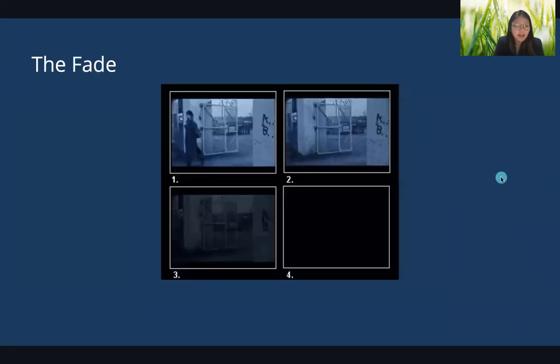And last, the fade. This is also how the name describes it. There are two types of fade, the fade in and the fade out. But both do the same by transitioning using a blank space. The fade in is when a blank space then fades to the real opacity of the next shot. On the other hand, the fade out turns down the opacity of the first shot and transitions it to the